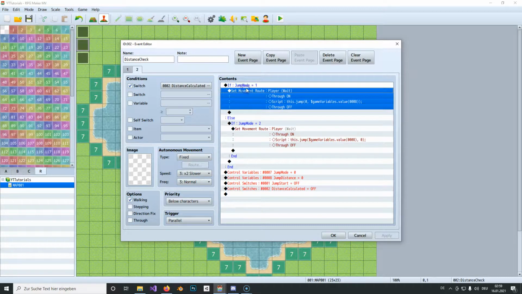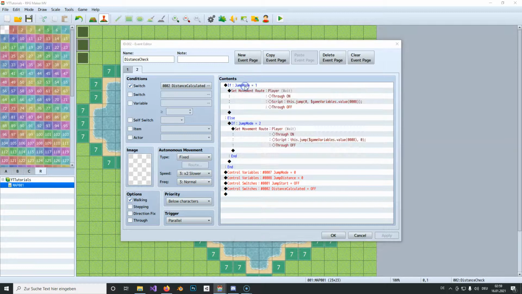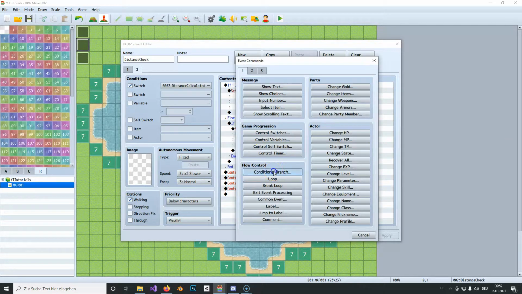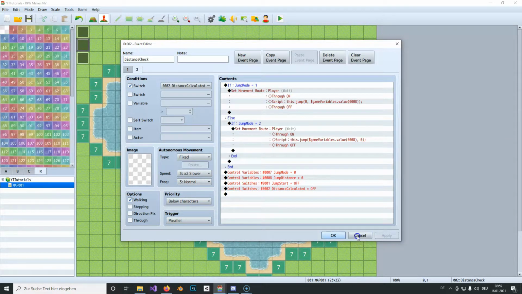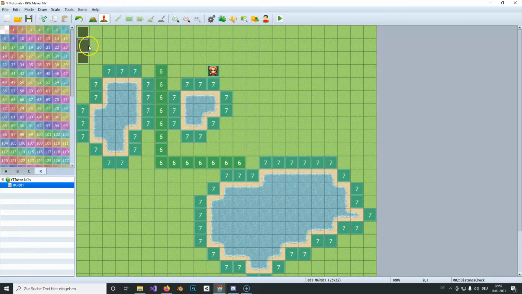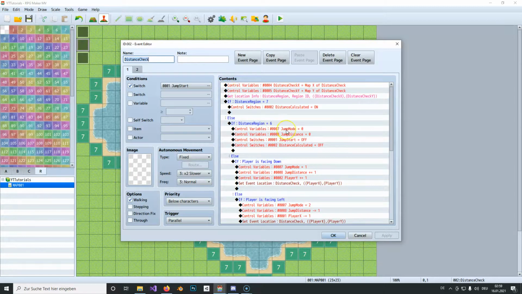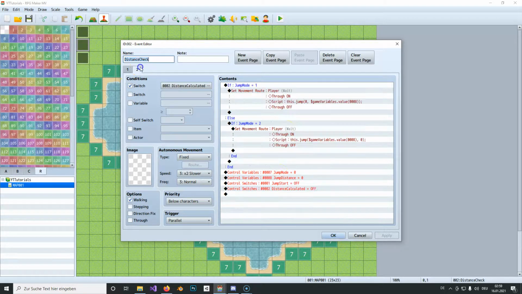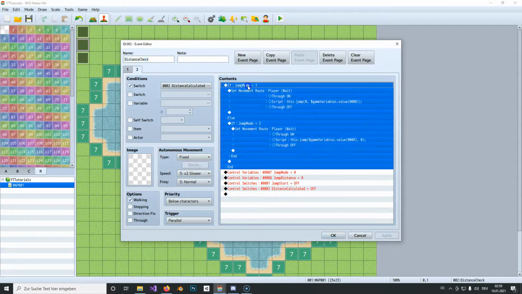So if it jump distance, like you could do it like that, because with this method you can make a sea which is 100 tiles long, and he would still jump over the whole thing. So if you want that he has a maximum of like 5 fields that he can jump, you could simply say here